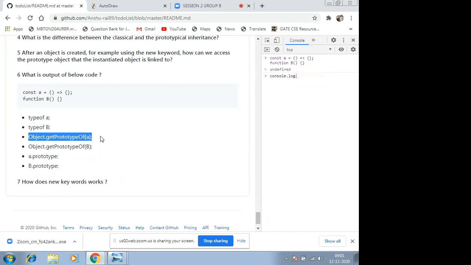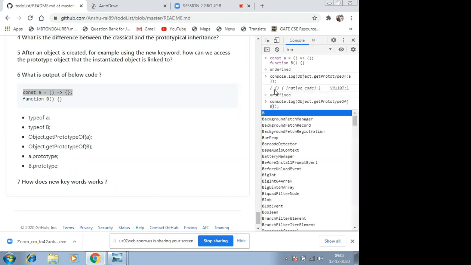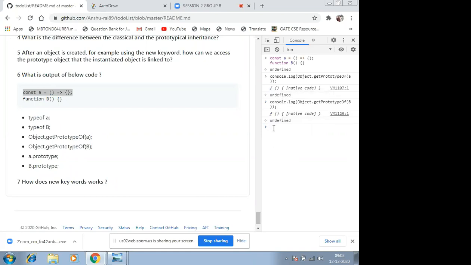The thing is that I added this question because I just wanted to give clarity on how arrow functions and normal functions behave a bit differently with prototypes, right? So basically, because it is empty right now, it gave empty here, so that is absolutely right. You see that getPrototypeOf A, the arrow function is basically returning me the prototype of A. And if I just try to do the prototype of B here, let us do that. That is also doing that.